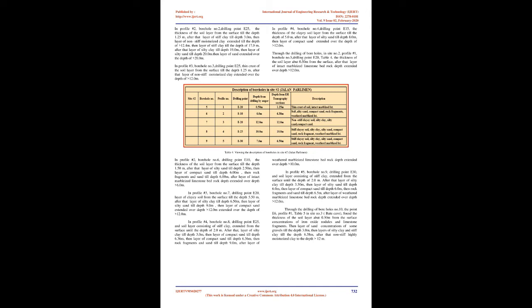In profile number 4, borehole number 13, the point E25, found that the soil layer thickness was about 0.50 m from the surface, with concentrations of nodules of iron oxide and limestone fragments. After that, a stiff clay layer until the depth of 1.50 m, then non-stiff clay, highly moisturized, extended over depth